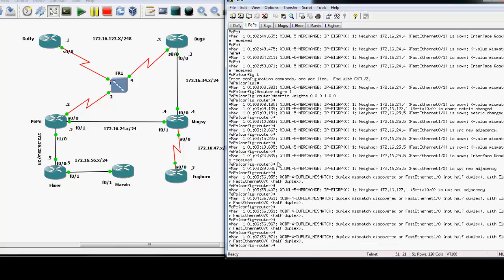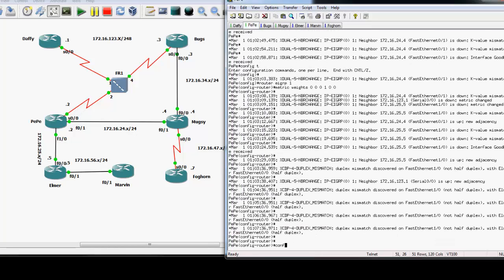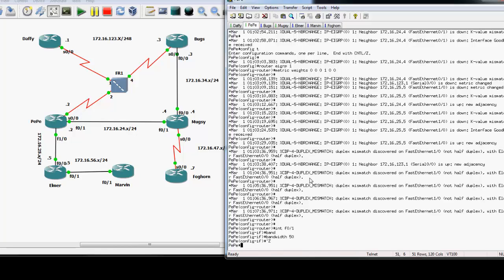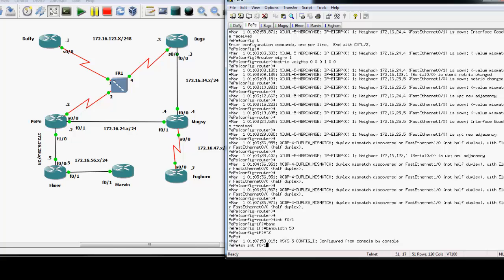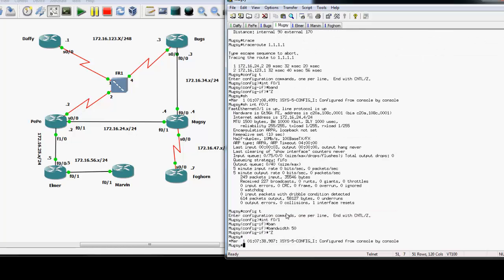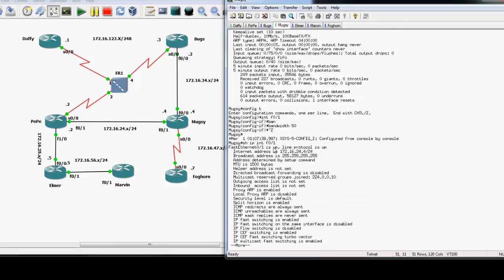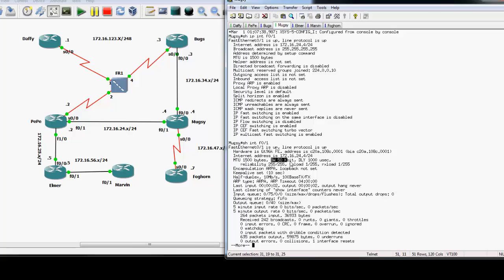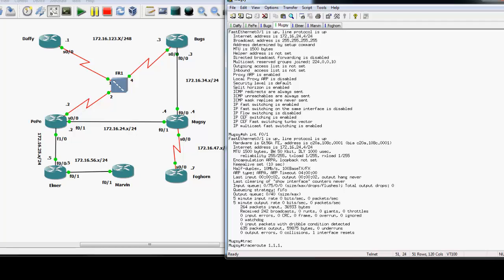So we'll go over to Pepe. Interface F0/1. And as you can see now, the bandwidth has actually changed to 50, which is ridiculously slow. On both sides. So now, from Mugsy, if I did a trace to 1.1.1.1,